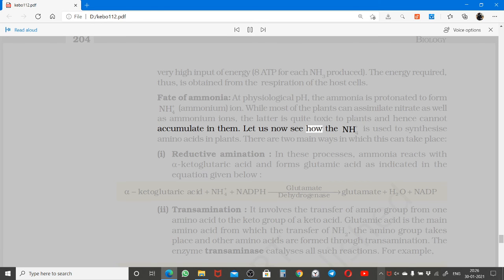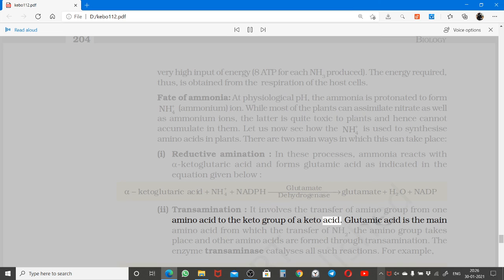Let us now see how the NH4+ is used to synthesise amino acids in plants. There are two main ways in which this can take place. 1. Reductive amination. In this process, ammonia reacts with alpha-ketoglutaric acid and forms glutamic acid as indicated in the equation given below. 2. Transamination. It involves the transfer of amino group from one amino acid to the keto group of